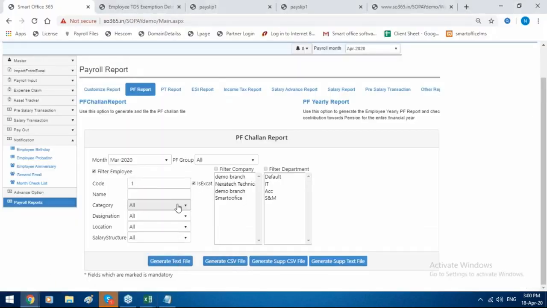Like if here is a report, so you can generate the text challan report. Also, you can upload.